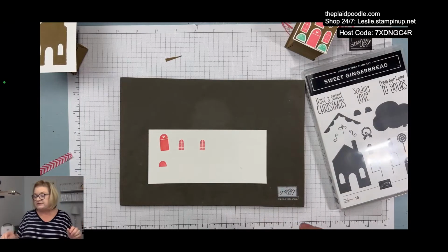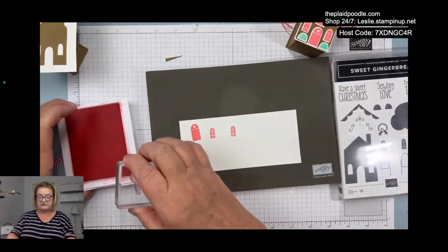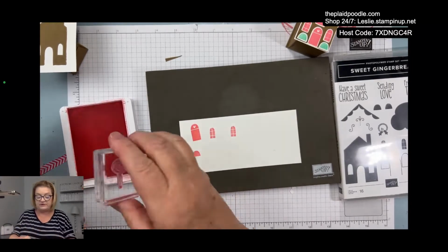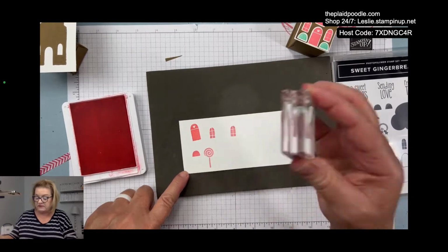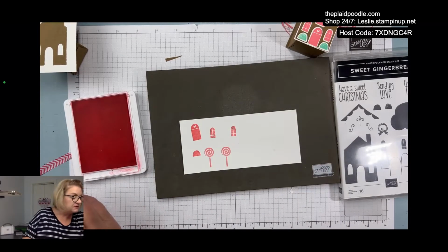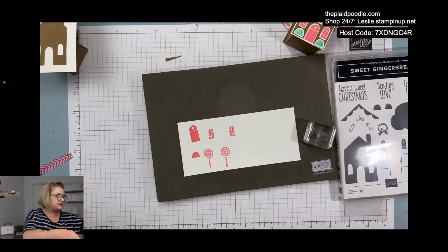Okay, we are going to stamp two little lollipops, except the little stick is crooked. There we go. And I'm doing these in the Flirty Flamingo too. Then we're going to do two gumdrops, and I'm doing those in